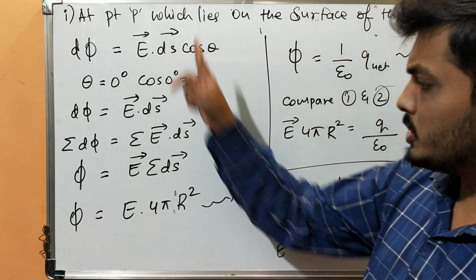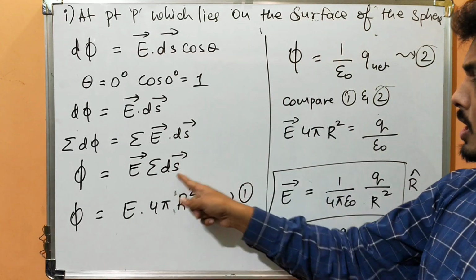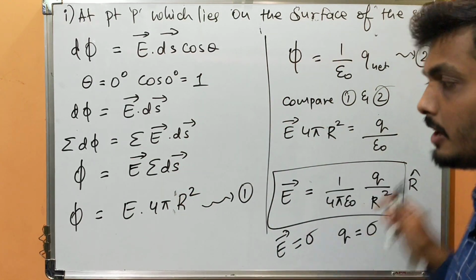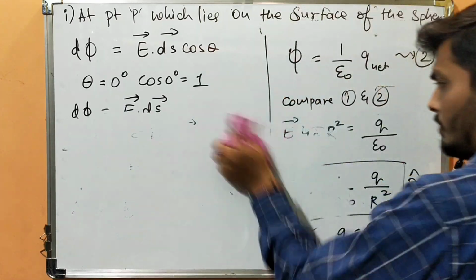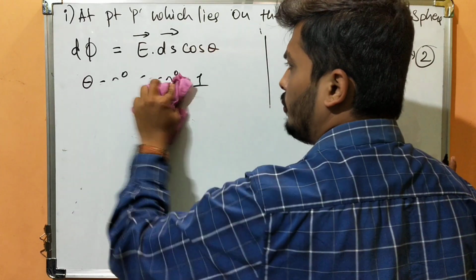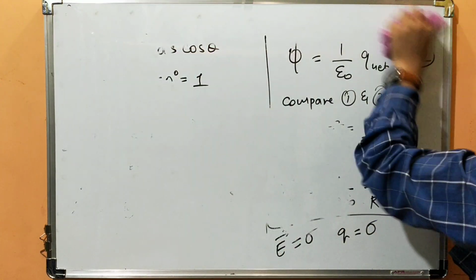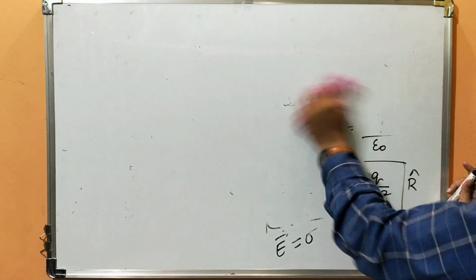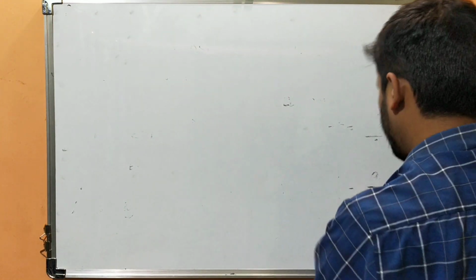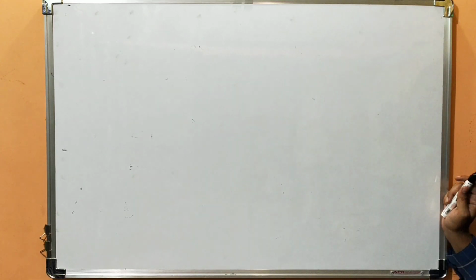Again, same logic. First find the electric flux by the normal method, apply Gauss law, compare both equations, and you will get the electric field. So these two applications are enough from the examination point of view. The third application, if possible you can try it, or else in the next class I will teach. I am expecting you to solve it, or else it's okay.